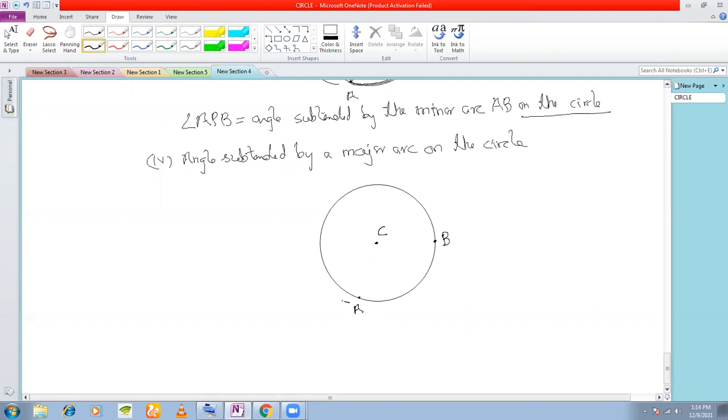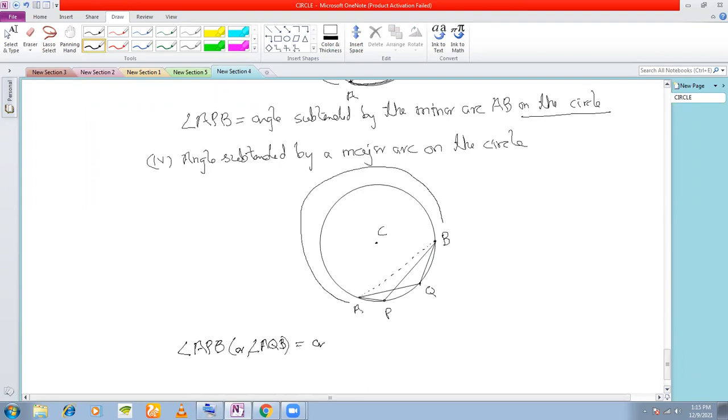Which one is the major arc? This part is the major arc, right? Now what you do is you take any point on this. Let's take a point P here. For convenience sake, let us join here with the help of a dotted line. Now you join A and P and you join P and B. Or you can take another point Q, and you can join this and you can join this. Then what we say is angle APB or angle AQB